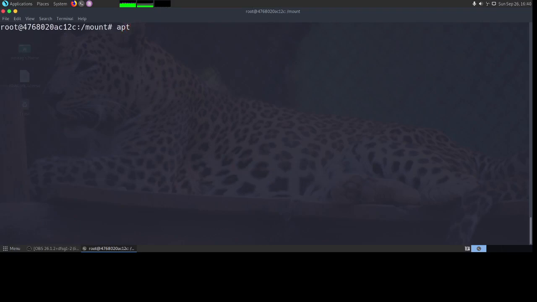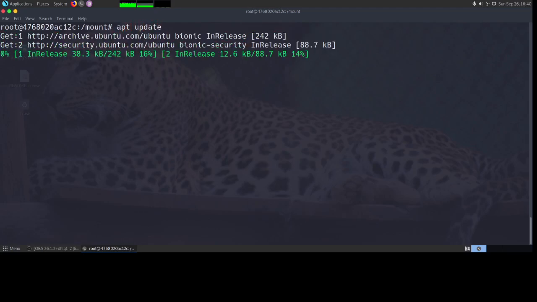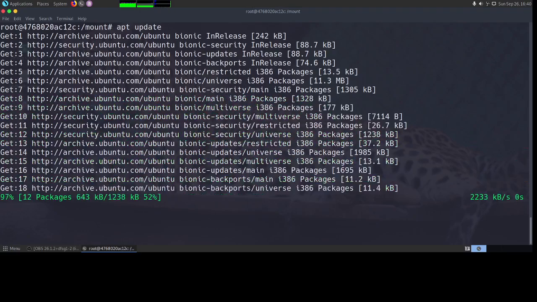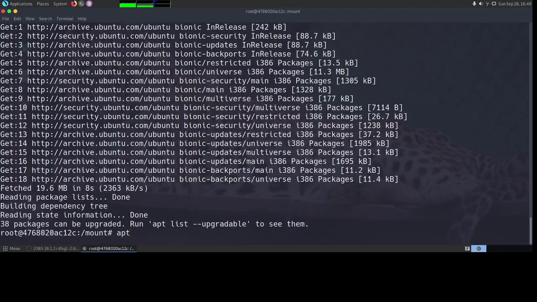Now to use this for compiling my program, I will have to do apt update, it's just going to take a second, and then we can do apt install gcc and make.